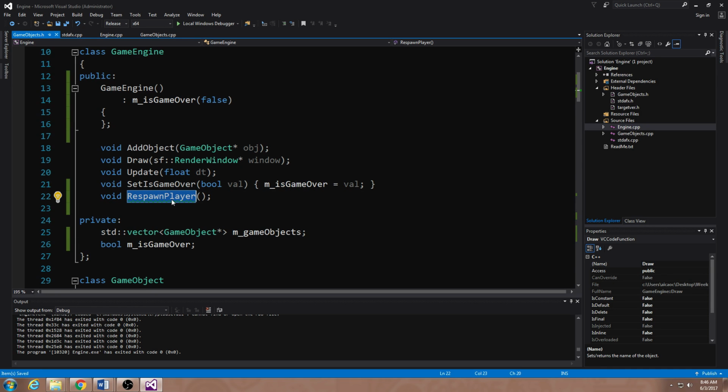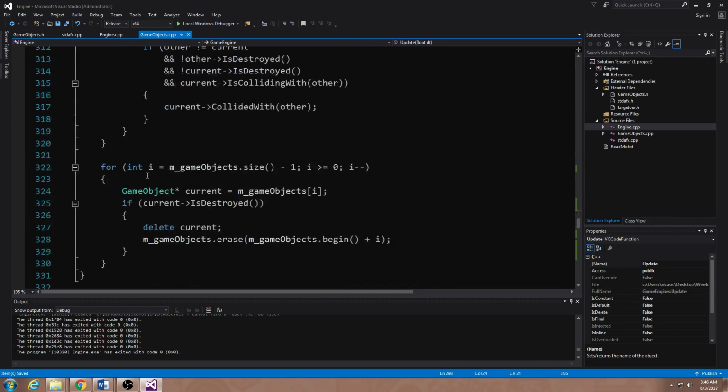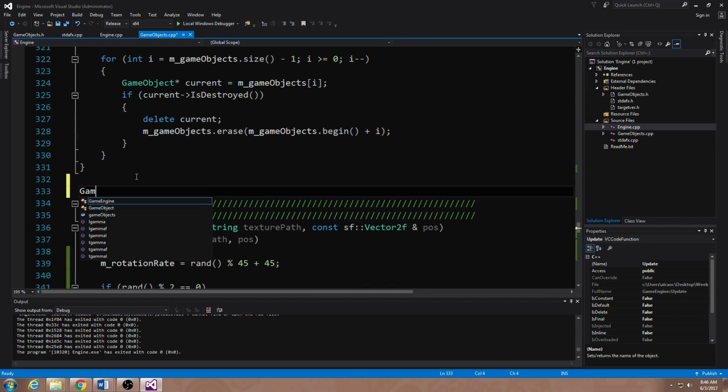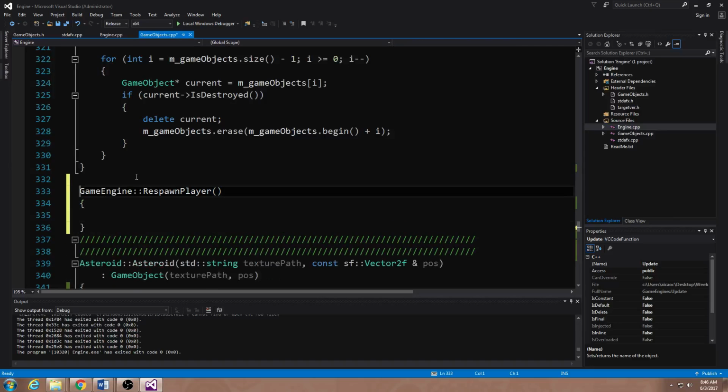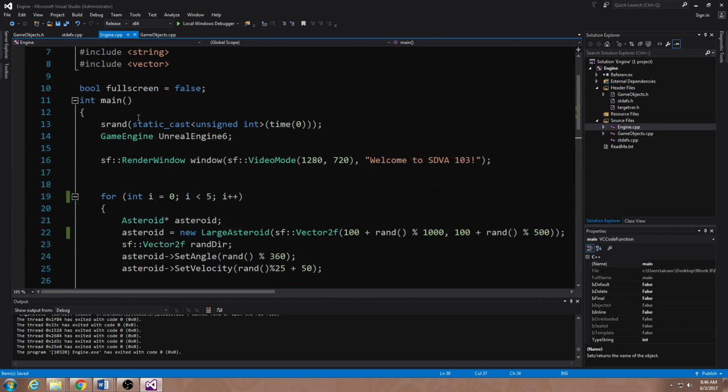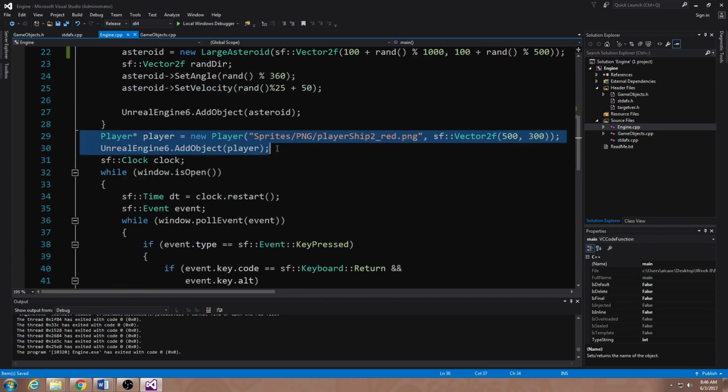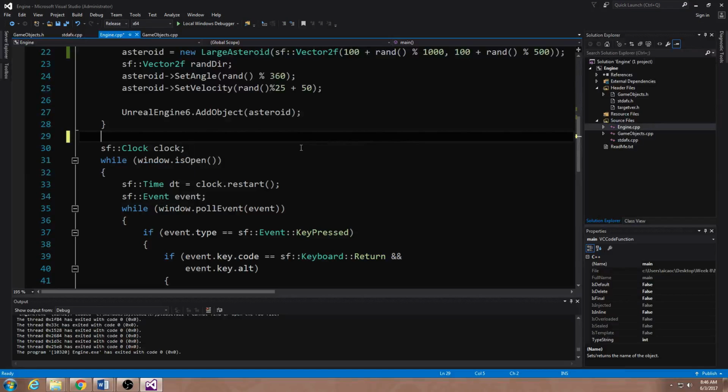And this function is going to go right below the update function in game engine. And I'm going to move the code that's inside of our main. This code right here, instead, I'm going to call Unreal Engine 6.respawn player